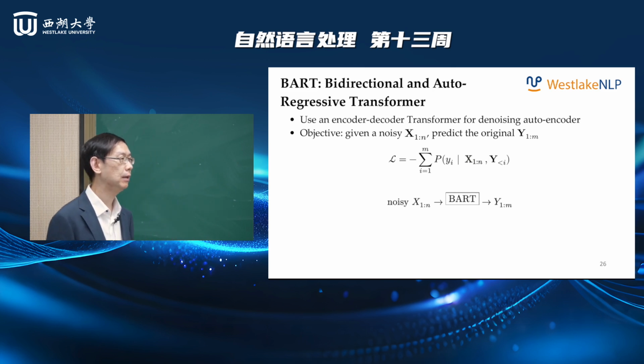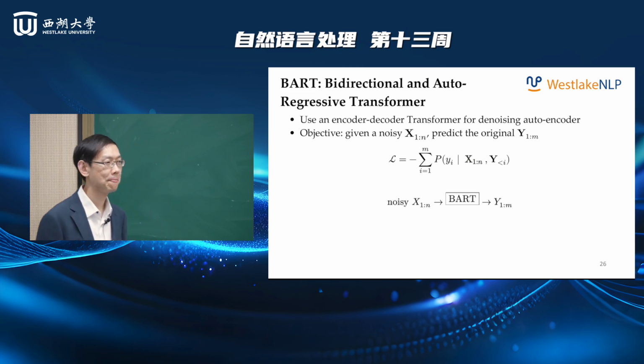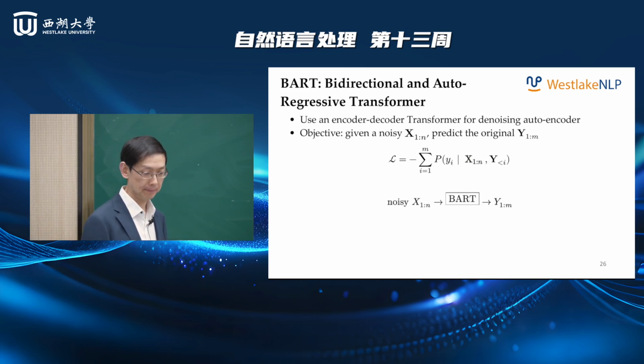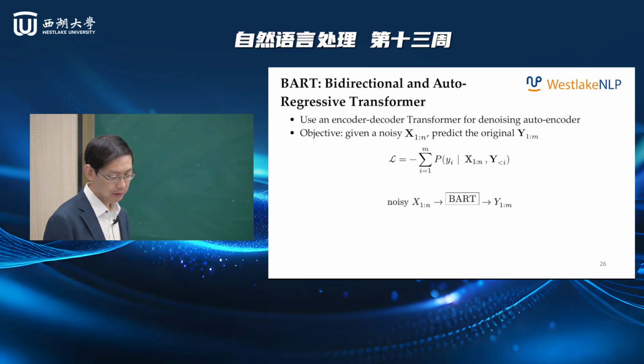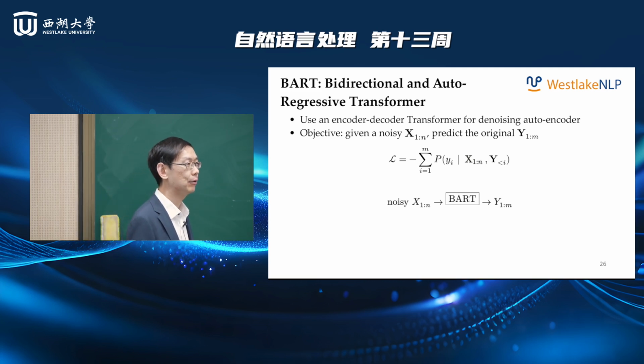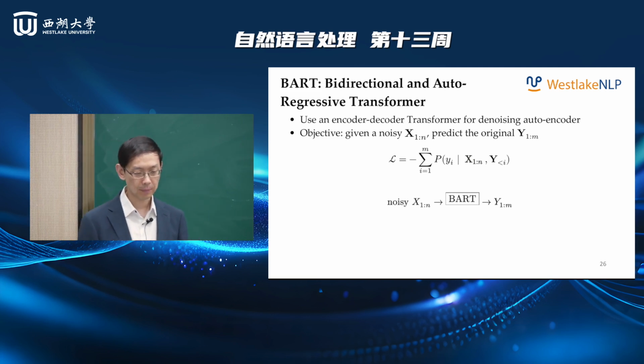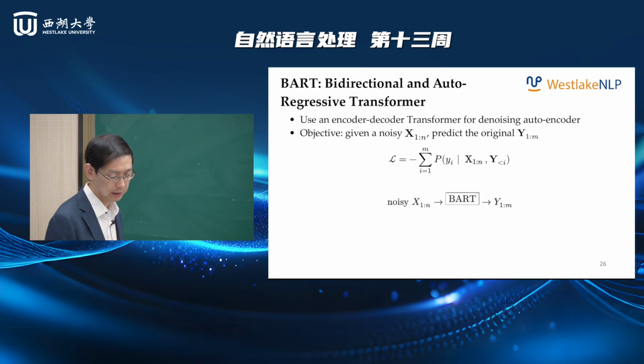When you read these papers, you will see what they look like. BART uses the original transformer, but it has an encoder and a decoder. So how do we define a language model to collect information? BART uses a model called